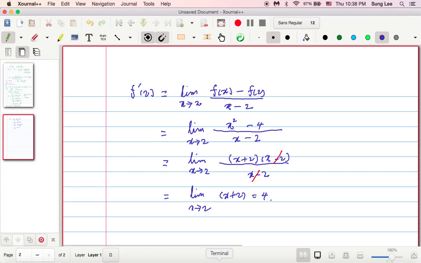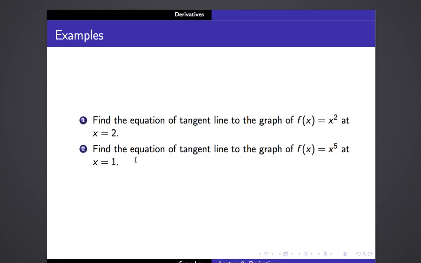Okay, so we have another example. Let's go back to check what it is. Same question, but in this case f of x equals x to the 5th, at x equals 1. This looks pretty similar and simple, but actually it gets a lot more complicated. In fact, if you read my